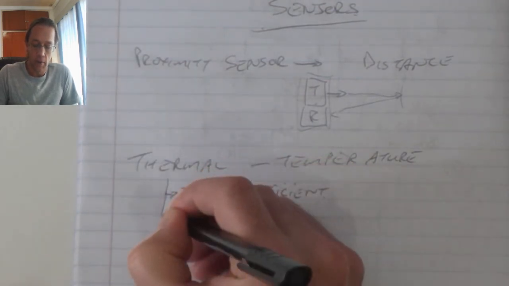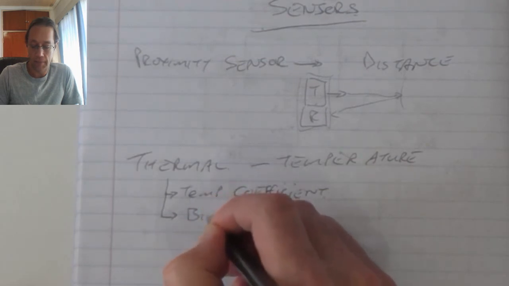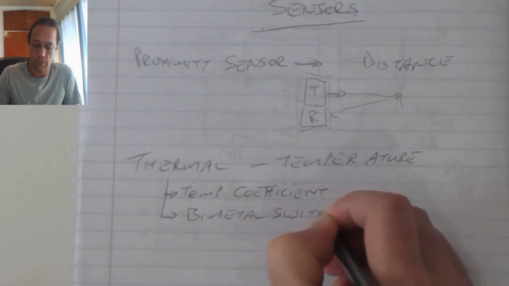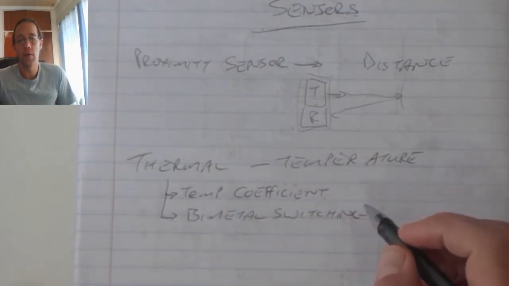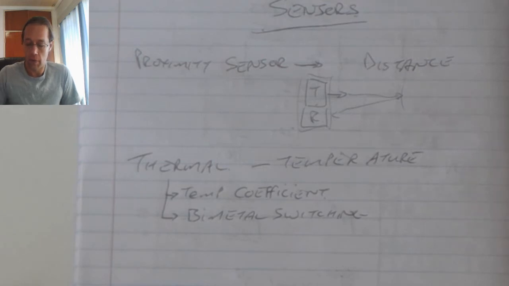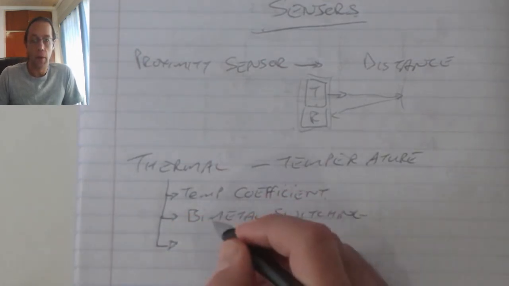The second type we get is the bimetal switching. This is similar to a geyser switching on and off when the water goes in or out of the required temperature range. And thirdly, we get